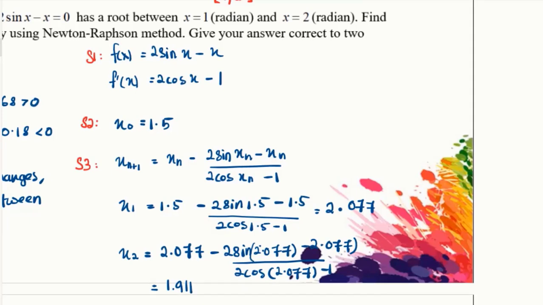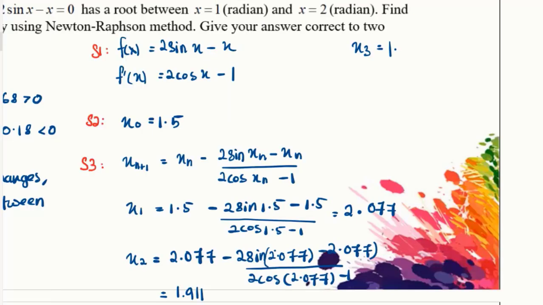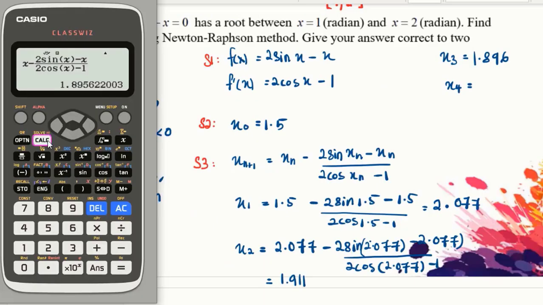So still not the same. This one is 2.077. This one is 1.911. So for x3 and the following, we just need to put the value. So we press calculate and then answer and then equal. So we have 1.896, 3 decimal places. So still not the same, there is no stopping criteria, so we continue to x4, continue our calculation, CALC,